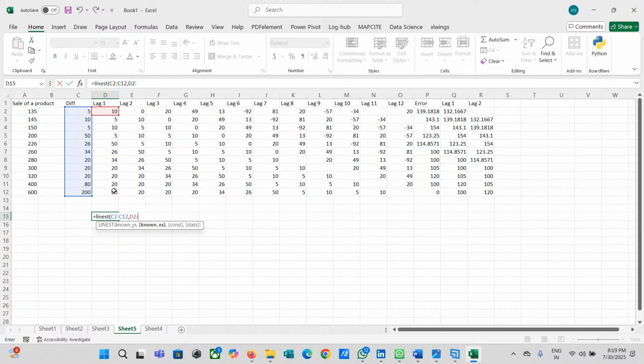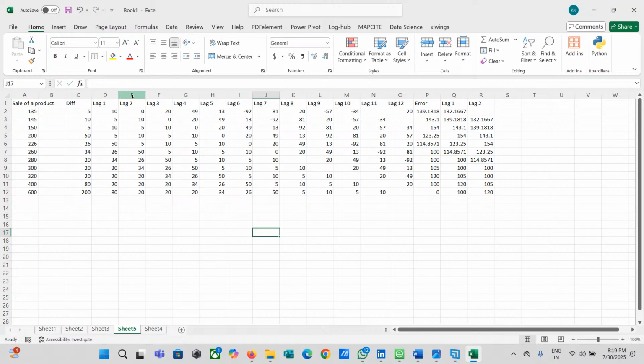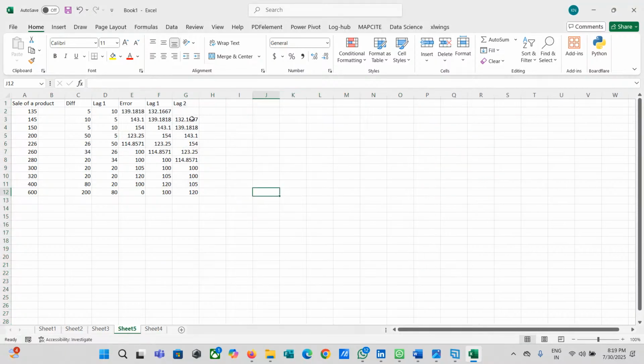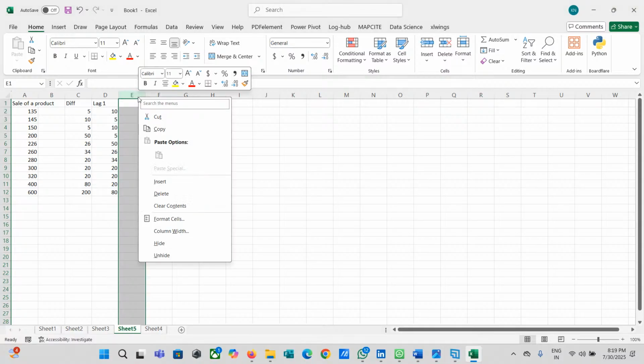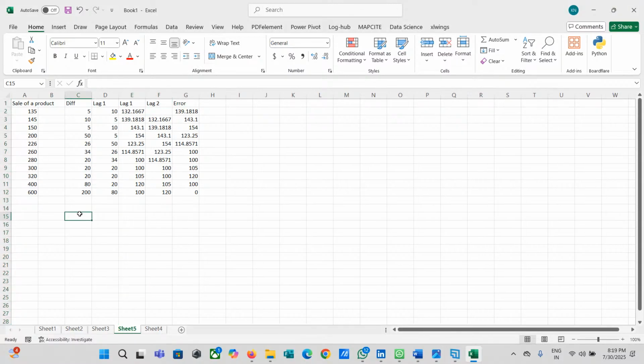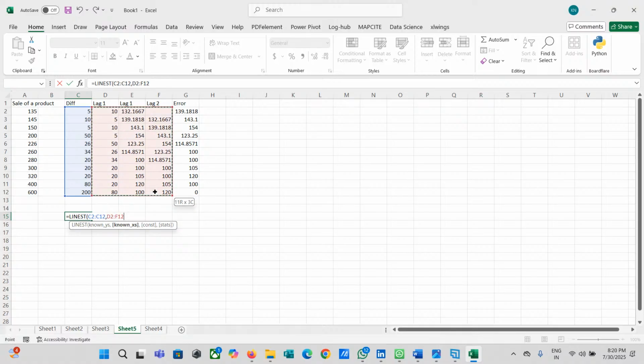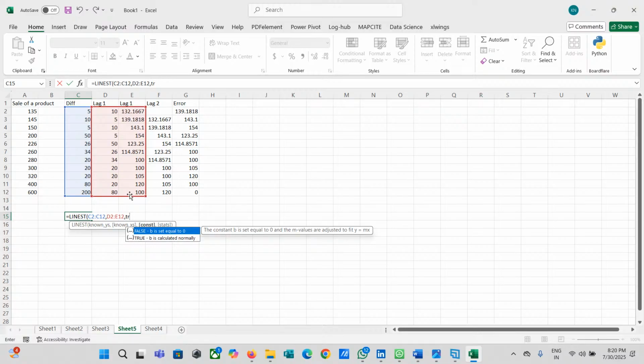Sorry, we have to remove some data points from here. So lag 2 to lag number 12, I'm going to delete that. Right, I'm going to take this error and put it here because we need to have continuation when we build a model. LINEST, take the differencing as y, take lag 1, lag 2. Okay, so this is what we're going to take, first the first model, AR1, MA1.